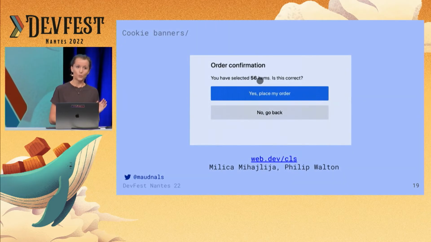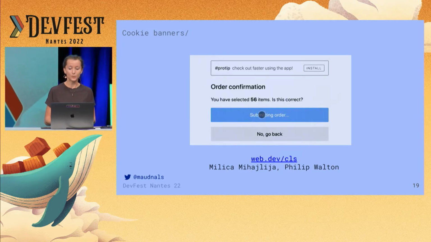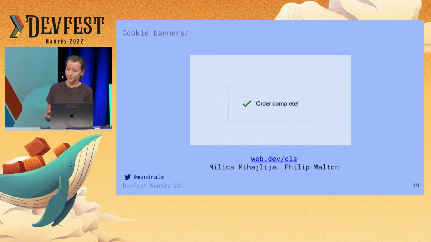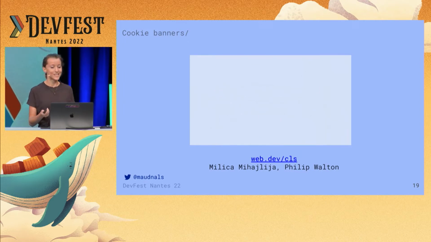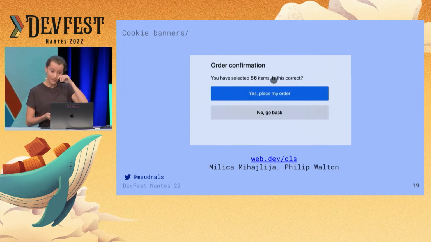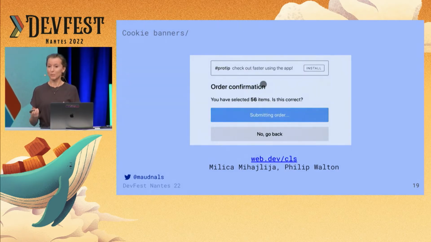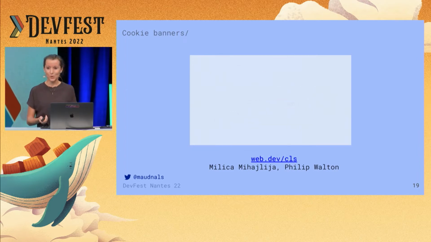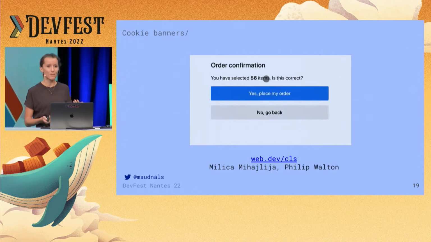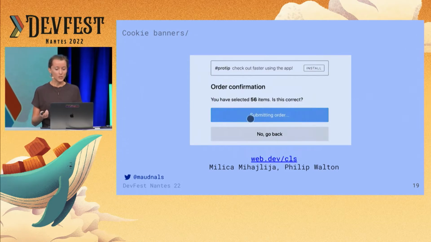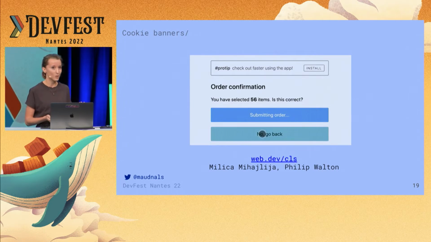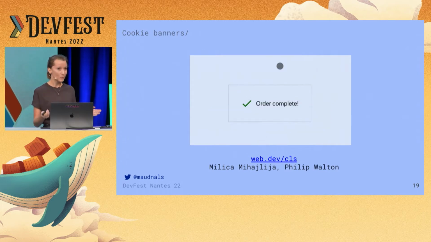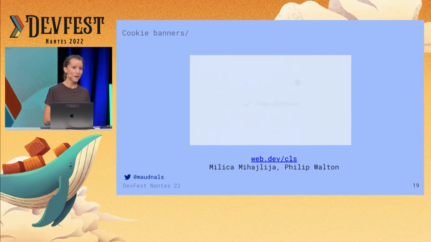And that's for performance. The second issue cookie banners can cause is layout shifts, like this one here. A layout shift is when the page layout changes unexpectedly. So you lose your place, and you can end up clicking a button you didn't want to click. It's so frustrating, right? Just like here. I wouldn't want to have that experience. So a high layout shift can really damage your user experience. And actually, there's a metric to measure the impact of layout shift on user experience. I know it's early, but do you folks know the name of that metric?